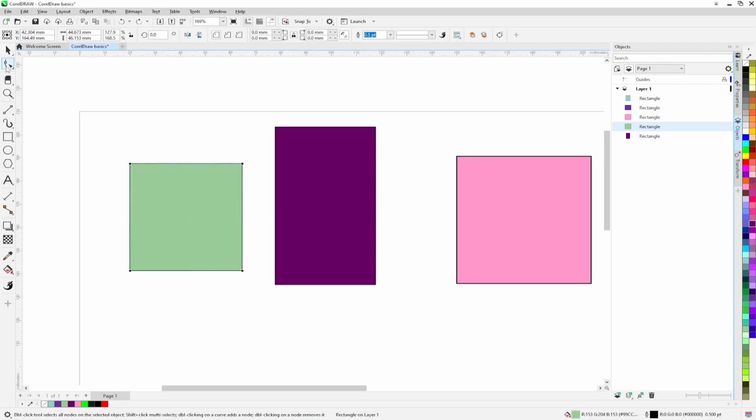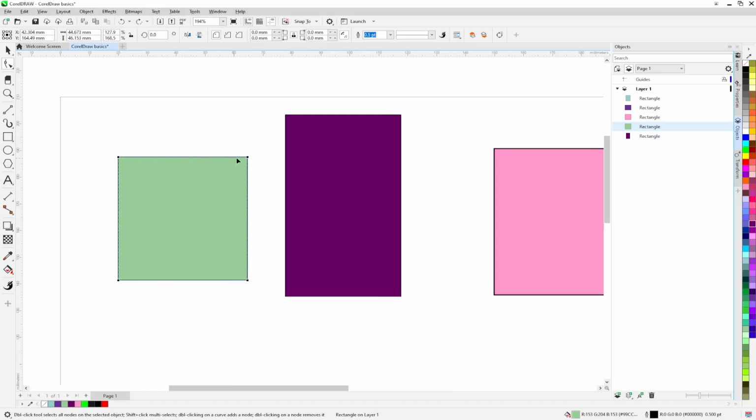By using this shape tool on a regular object, you will see that some black nodes appear on the corners of the objects. For example, on this rectangle, if I drag this down, I will round up its corners,